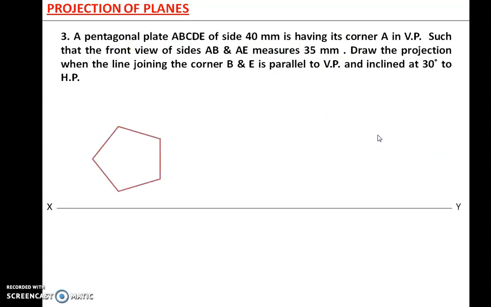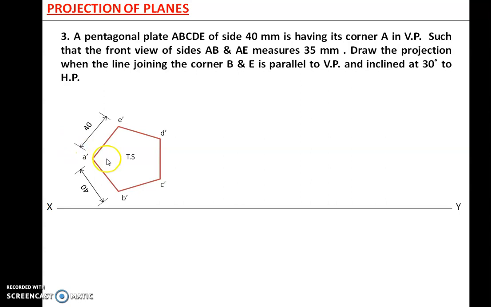So first I will draw the true shape. This will be the true shape. Mark the points A, B, C, D, E. Here I have kept the corner A on my left as mentioned here. Now to draw the pentagon, you will first draw the side, then take 108 degrees on the left side and then obtain the corner A.